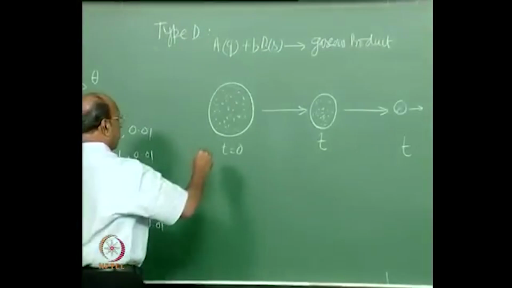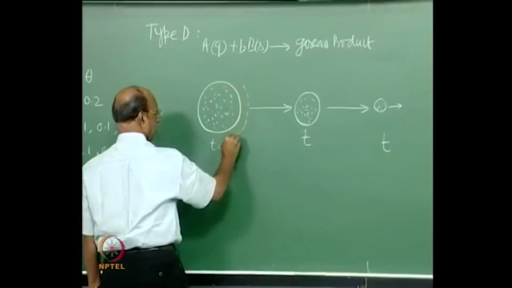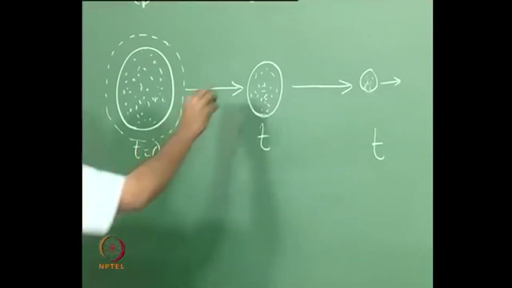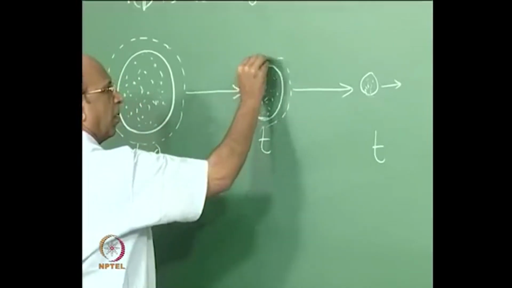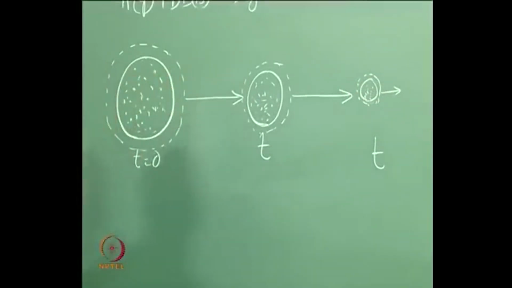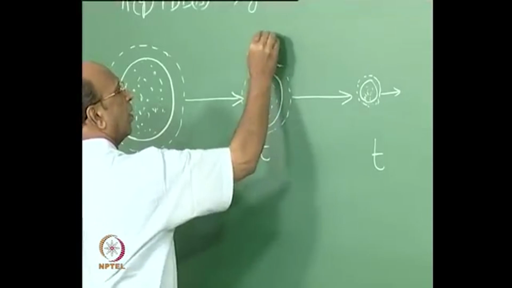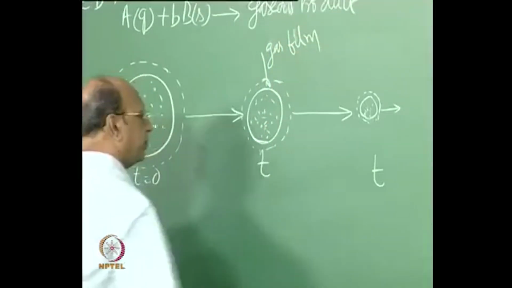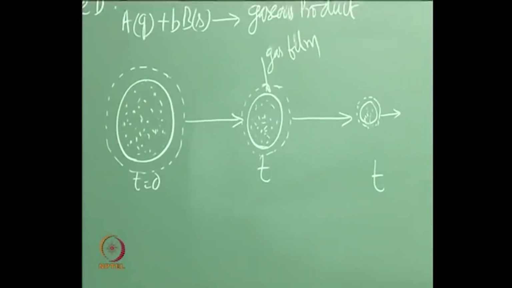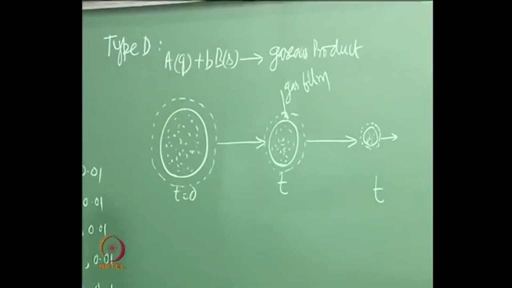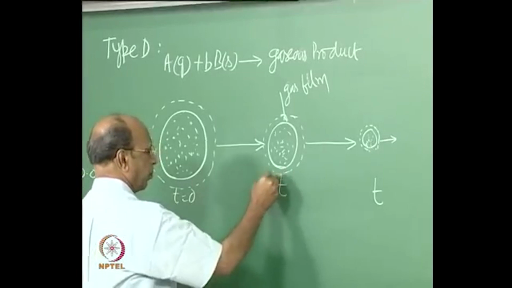So, what is the difference? At time t equal to 0, just when the reaction has started, at t equals 0 plus for example, that is the film, then this is the film, the gas film. It must be easy for us now to derive this, because there is no more resistance there, there is no ash forming. So, there is no diffusion, and if you are able to plot the profiles,